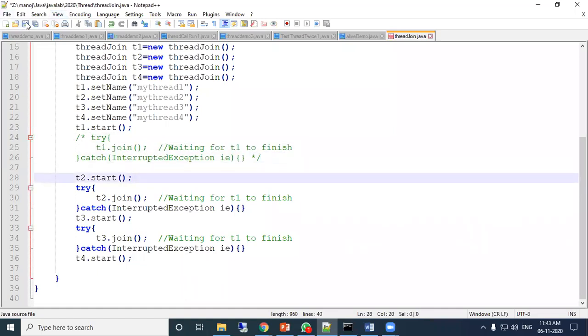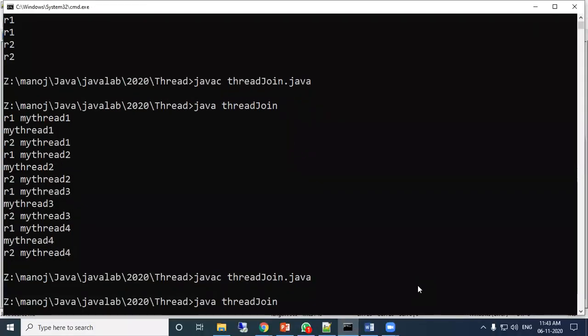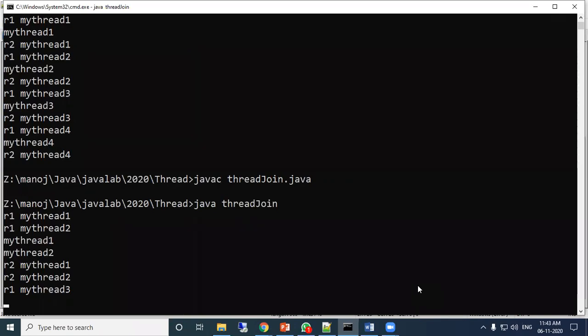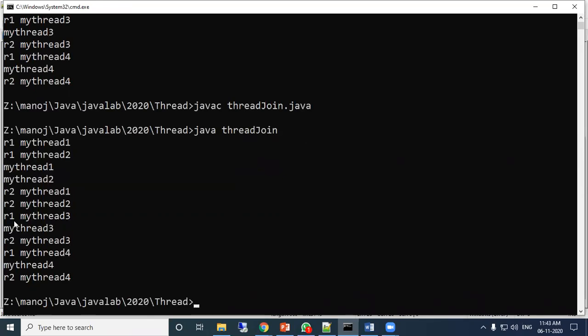Now let us see T1, T2, whether T2 is waiting for T1 or not. See here, my thread 1 started, my thread 2 started, then my thread 1, my thread 2. So in parallel, my thread 1 and my thread 2 execute continuously. Then after completion, 3 and 4 are executed sequentially.